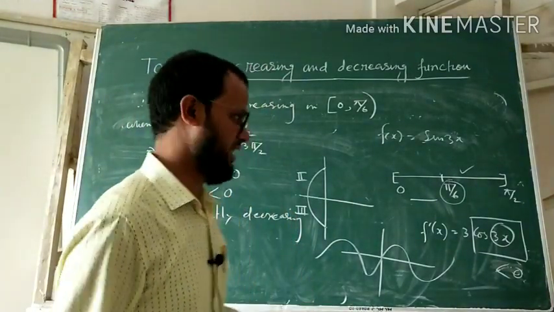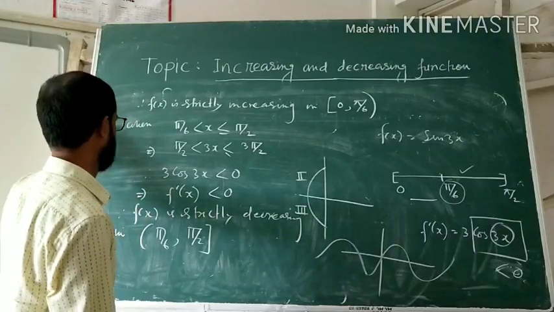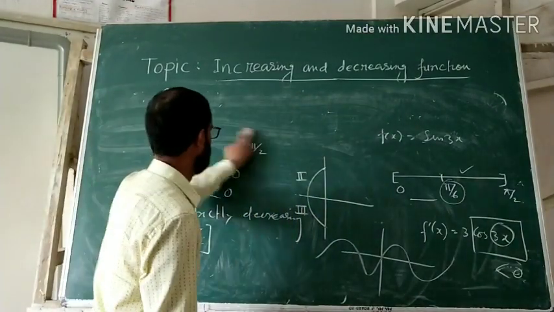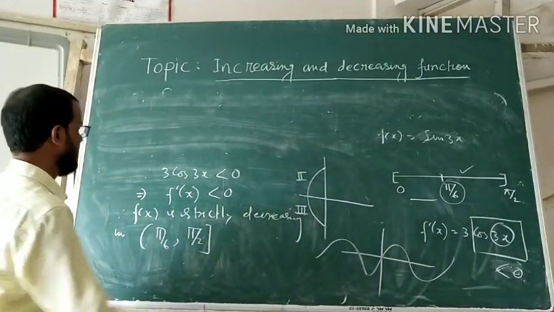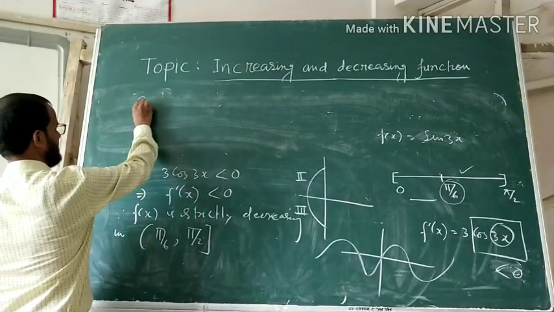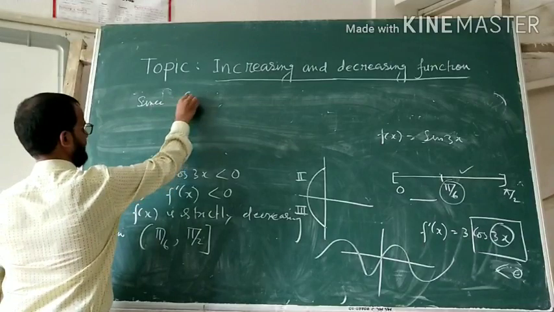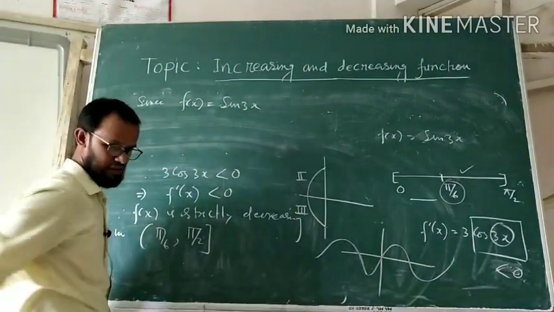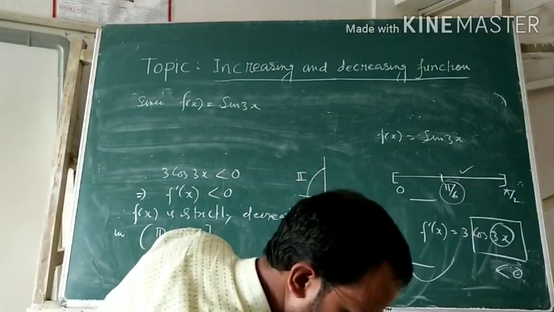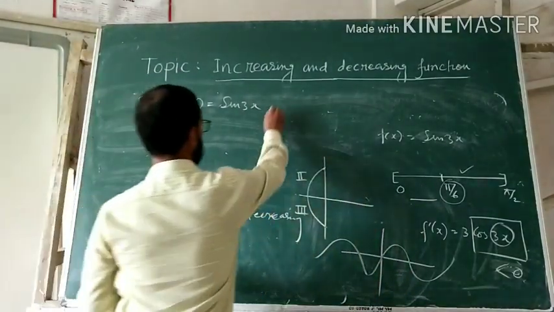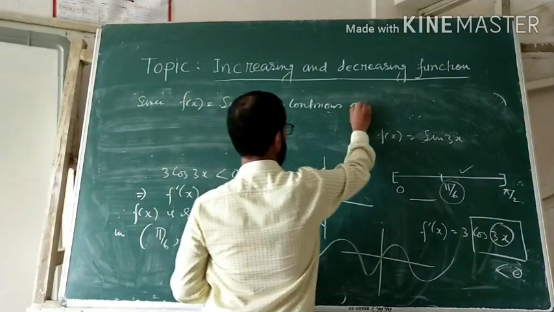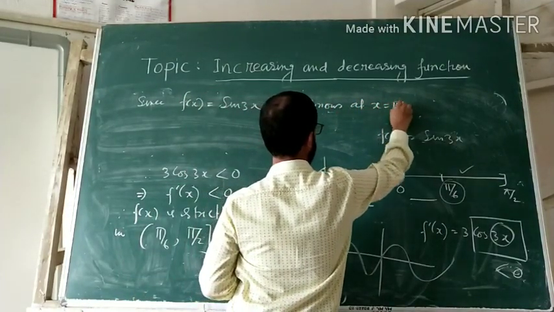So it is continuous at x equal to pi by 6. So there is a theorem in the first chapter of the textbook. You see, this is the condition given: since f x equal to sin 3x is continuous at x equal to pi by 6,